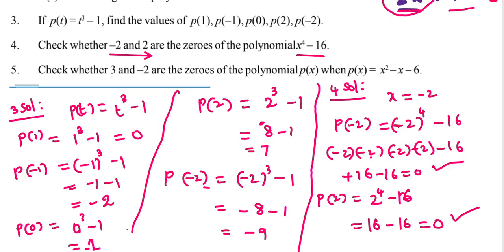Okay, if we substitute and we get zero, if the result is zero, that means those are zeros of the polynomial. Now look at